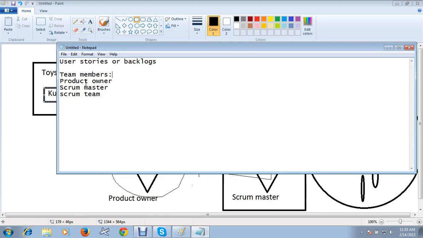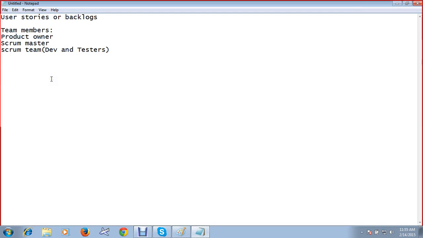Product owner, Scrum Master, and Scrum team. The Scrum team might consist of your developers and testers, both the development and testing team. Right. So now, to make you understand Agile much better, I have divided Agile into different phases. The first phase is your product